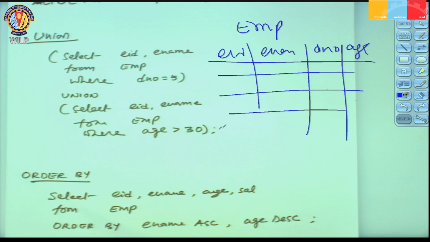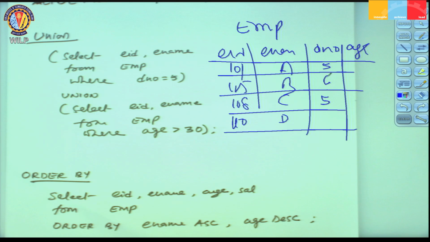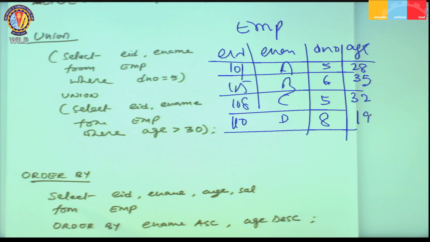I have tuples like this: 101, 105, 108 and 110. A, B, C, D are the names. They work in department numbers 5, 6, 5 and 8, and the ages are 28, 35, 32 and 19. Now I would like to figure out all the employee numbers and the names who are working in department number 5